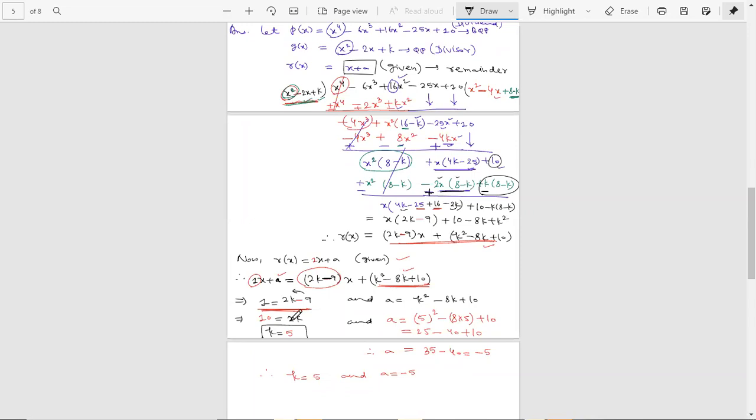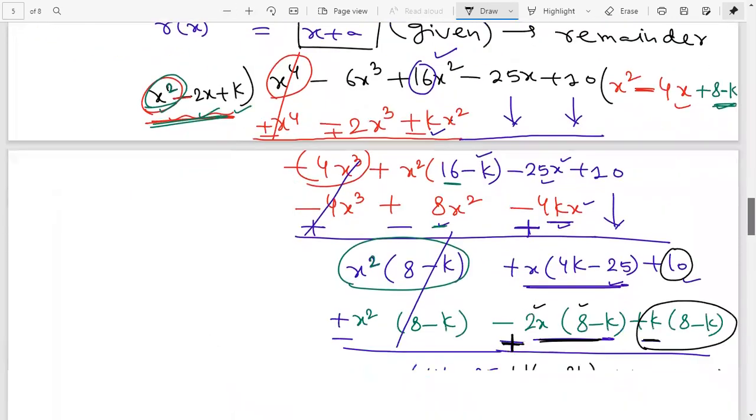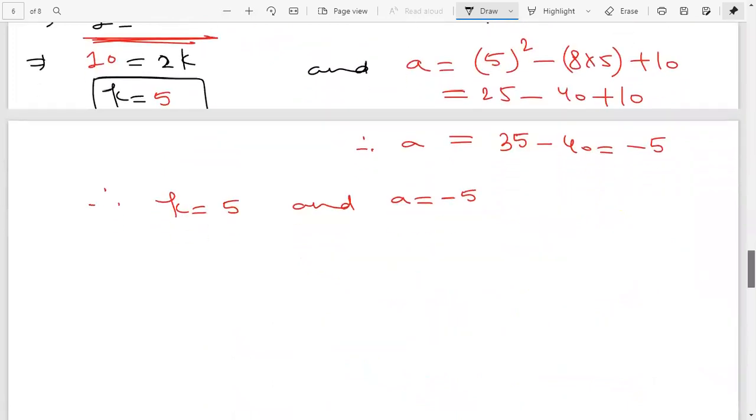No doubts. Shall we see one last question? The last question is for practice, not a question from the exercise. It is a question from one of the students in batch B. Your batch is A, but in batch B, one student asked this question. So I want everyone to solve this question.